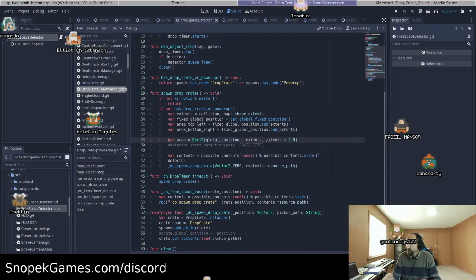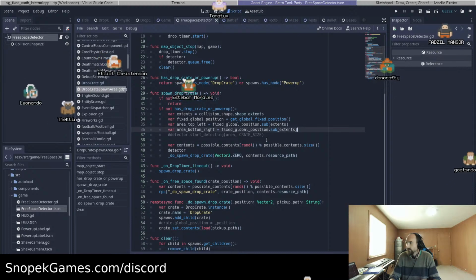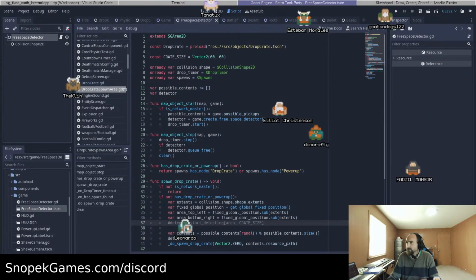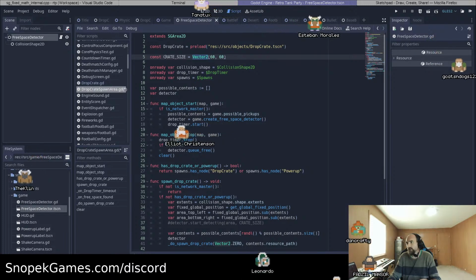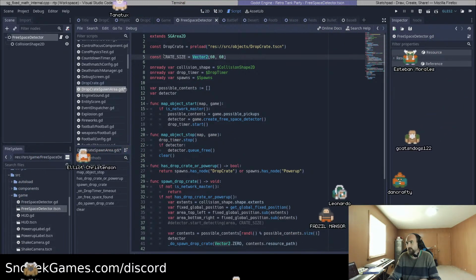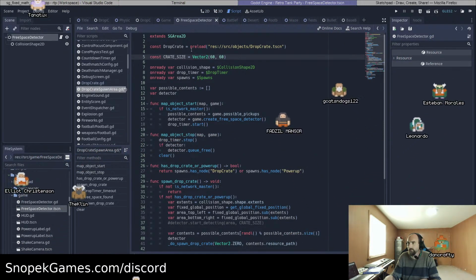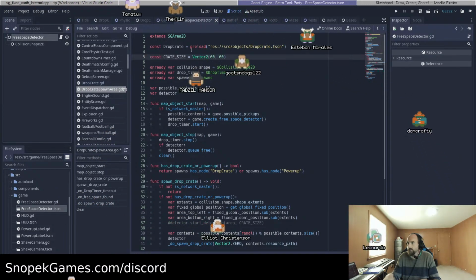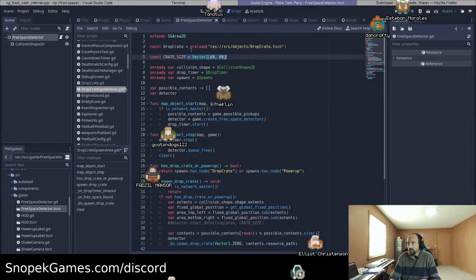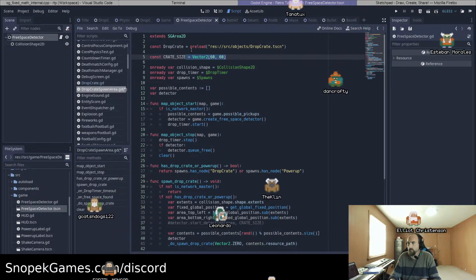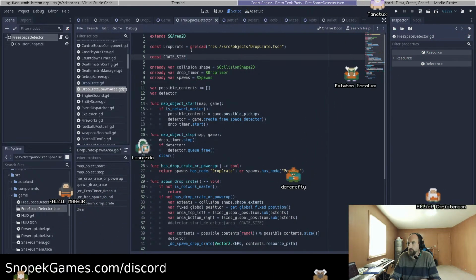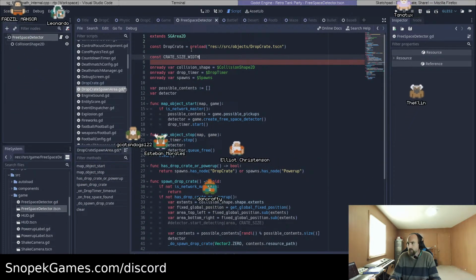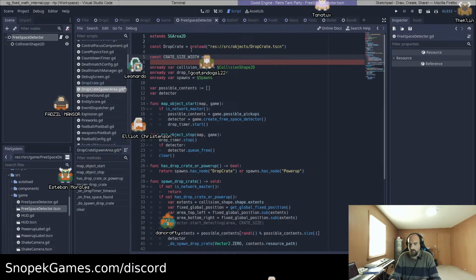Okay, so crate size now needs to be defined not as a vector 2, and I don't think it can be a constant anymore, can it? Unless we do that as integers. We'll do crate size width, and that is